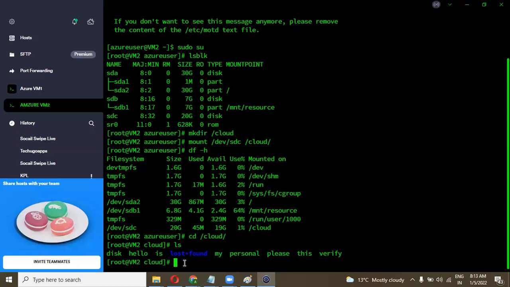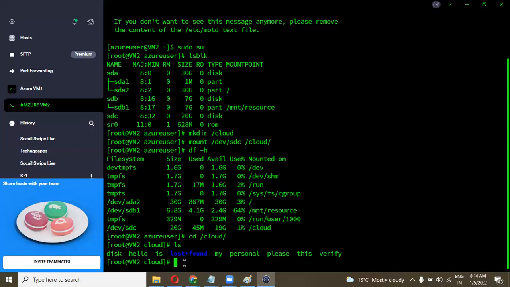Got it? In Azure, on a Windows machine, if you change your IP, you need to reset your machine. If you change anything in the configuration, you need to restart your machine. But in Linux, you can change anything here. You can delete any partition over here, but there is no need to reboot the machine.